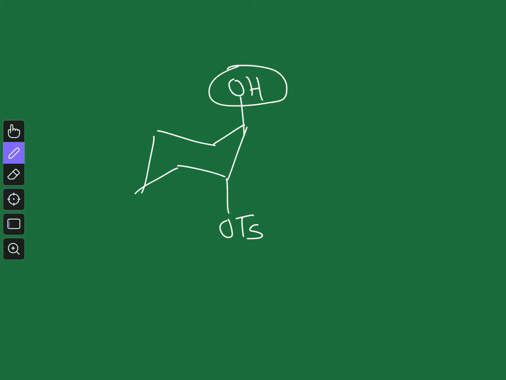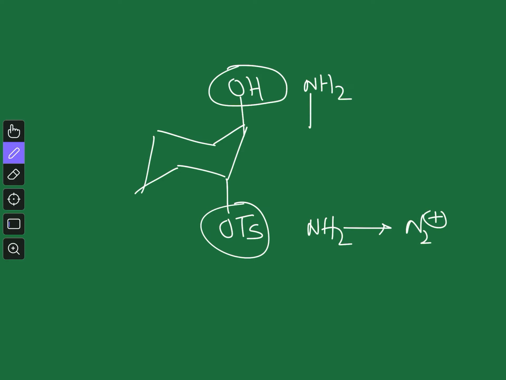Welcome to the fourth part of these 100 important topics in organic chemistry, and in this video we are going to talk about the rearrangement reaction of the 1,2 disubstituted cyclohexane system, where one group will be like this OH group or it may be NH2 group, and another group will be some leaving group like OTS or another NH2 group which will be diazotized to form N2 plus as a leaving group, or it may be OMS group. In general we say leaving group.